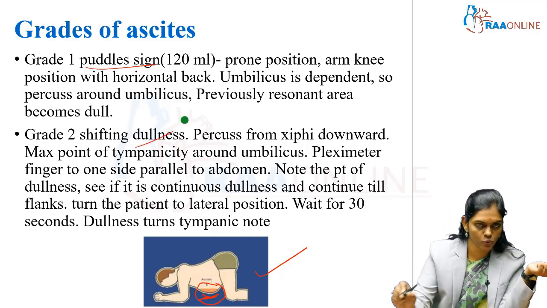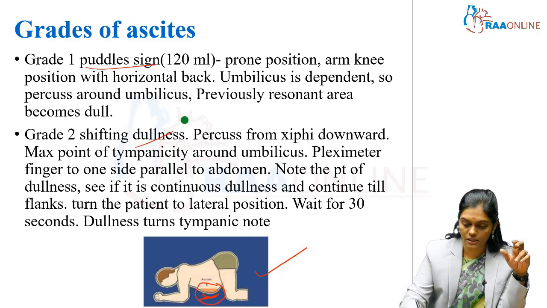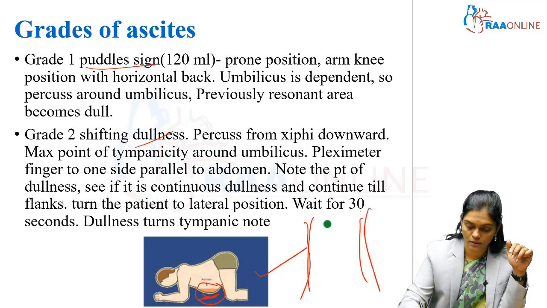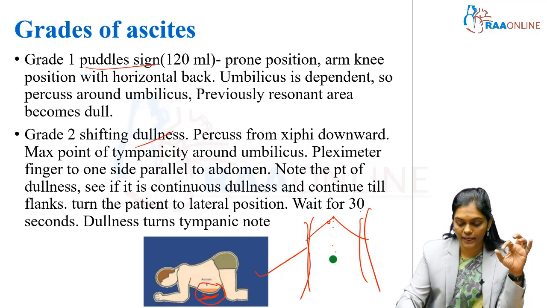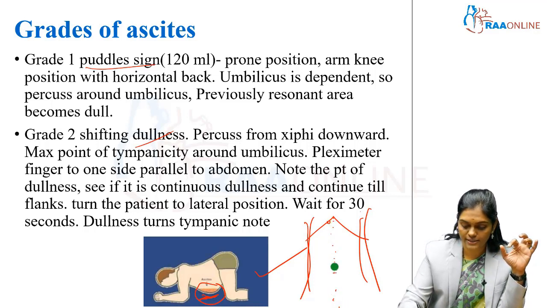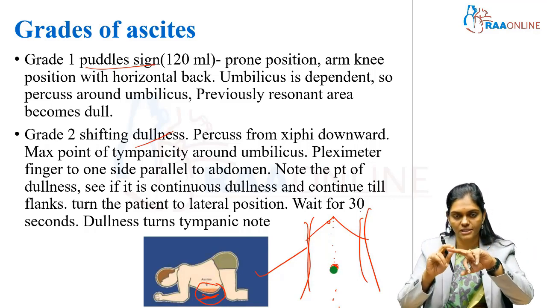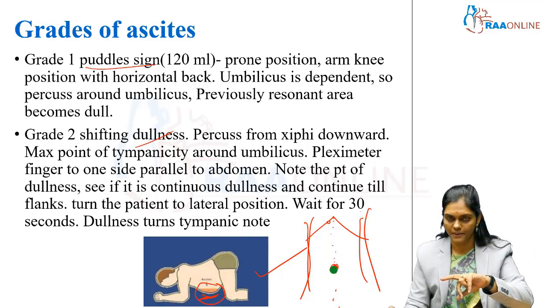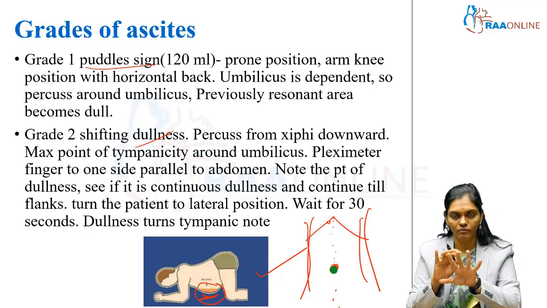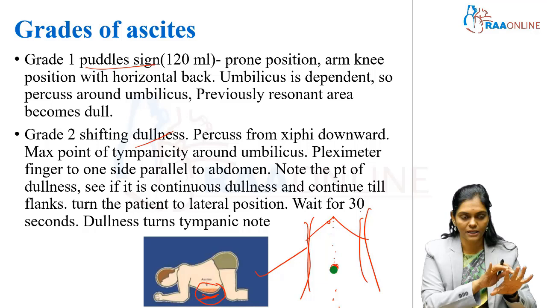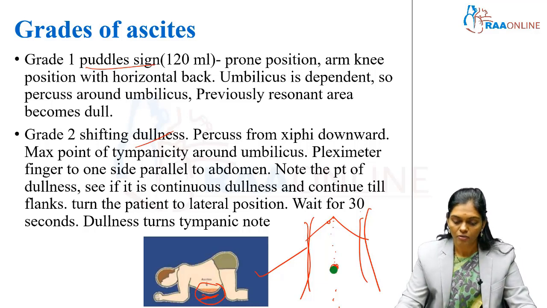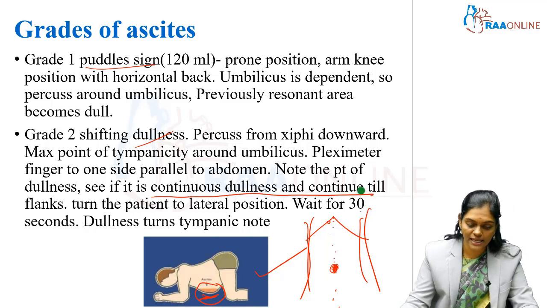But yes, grade 2, shifting dullness. So we percuss from the xiphisternum. I hope you will understand this. This is the abdomen. This is the xiphi. We start percussing from the xiphisternum downwards and we find the area of maximum tympanicity. For example, this is the umbilicus. Usually this maximum tympanicity area will be around the umbilicus. From there, we don't take the pleximeter finger off. With that, we go laterally, parallel to the abdomen. We go and find the area of maximum dullness. And we have to find out if it is a continuous dullness and see if it